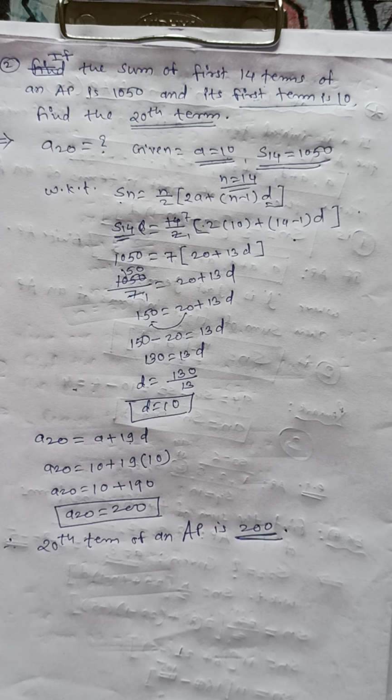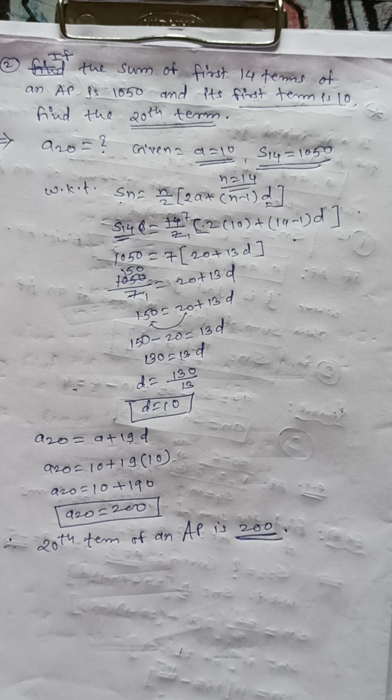In the next session we will see some other different kinds of examples, but before that you have to solve examples number 1, 2, 3 from exercise 5.3. Example number 1 is to find the sum of the following APs. 4 APs are given. You have to find the sum of the first 10 terms, 100 terms, 11 terms, 12 terms, like this. The second example is to find the sum of the given below. That is, the first term is given and the last term is given.